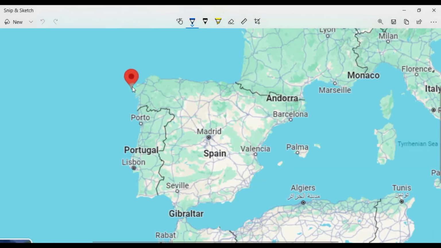Here, Cape Torinana. So from Gibraltar you go up, and this will be the borderline between winter and summer. This part here is summer, and from this borderline going up, the part here will be winter, as shown in this figure.